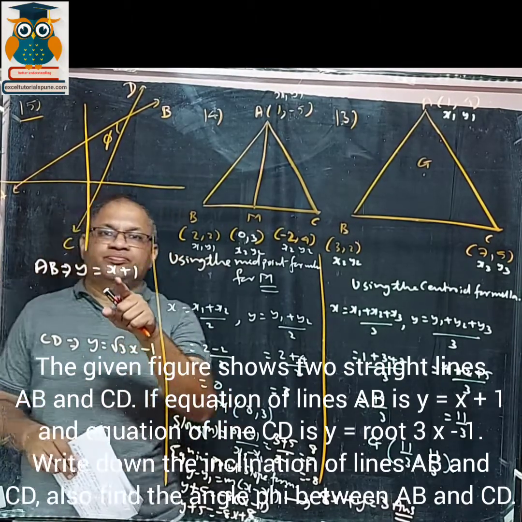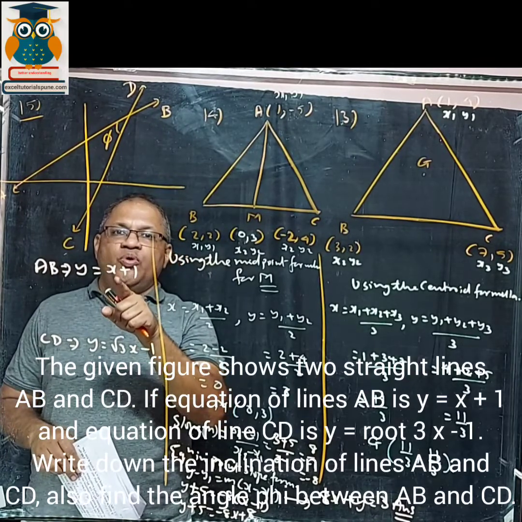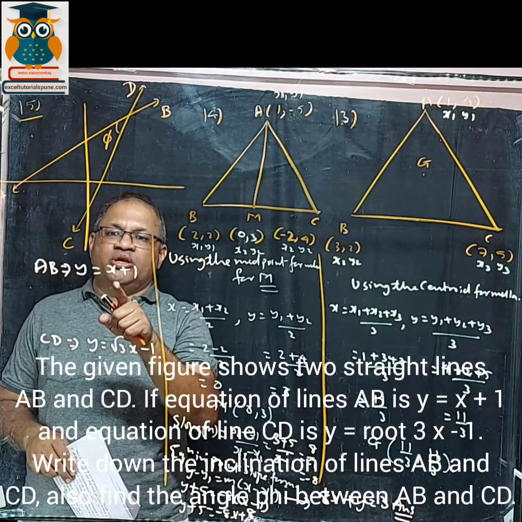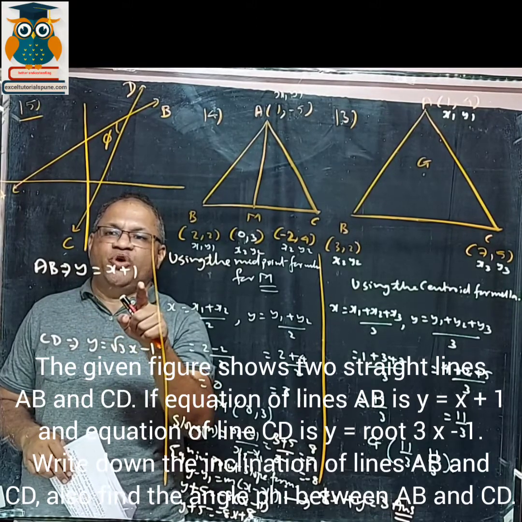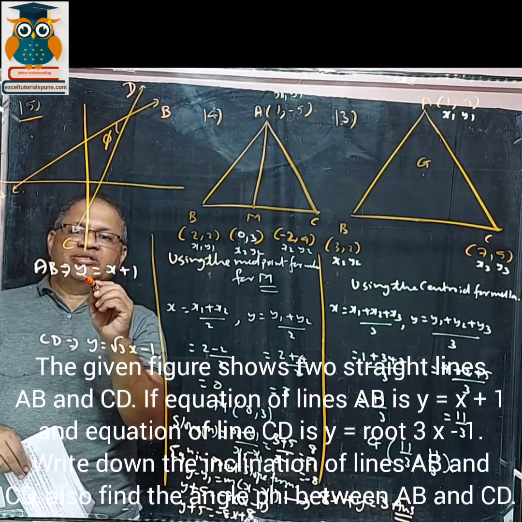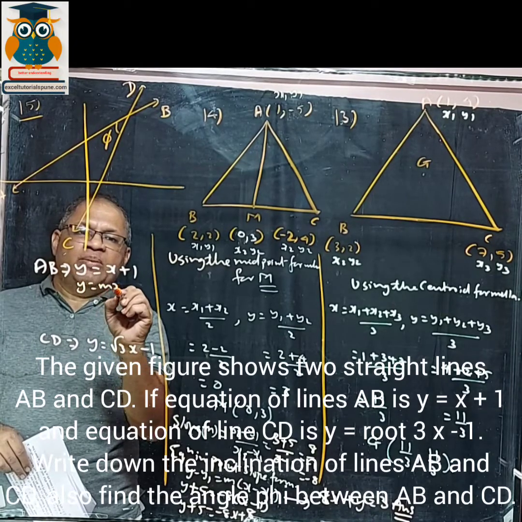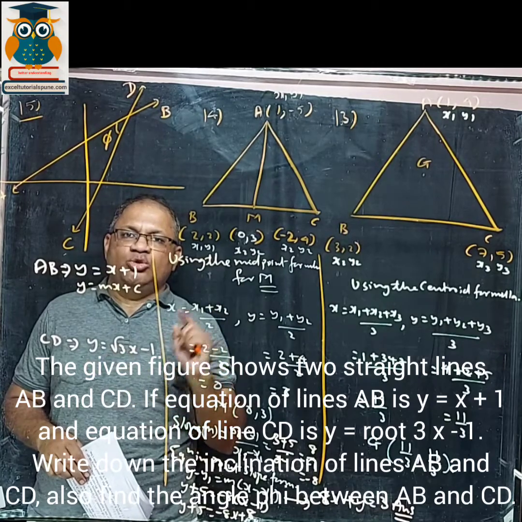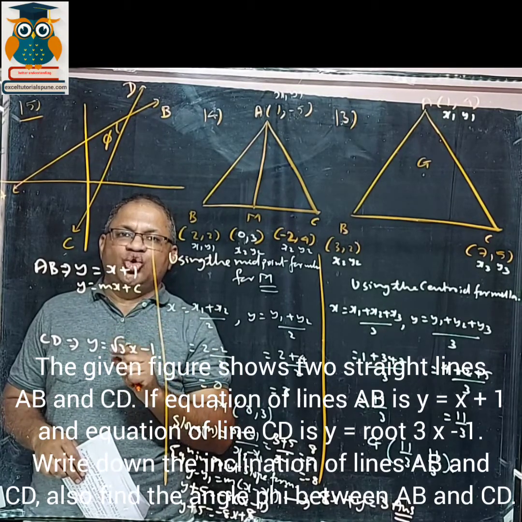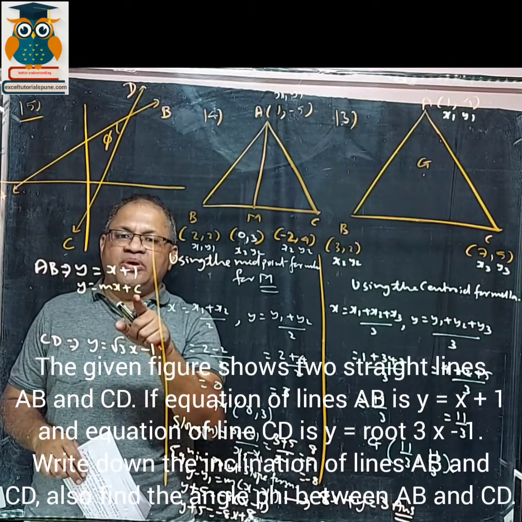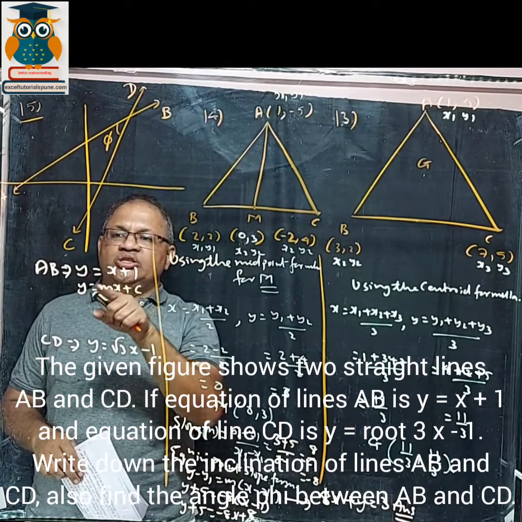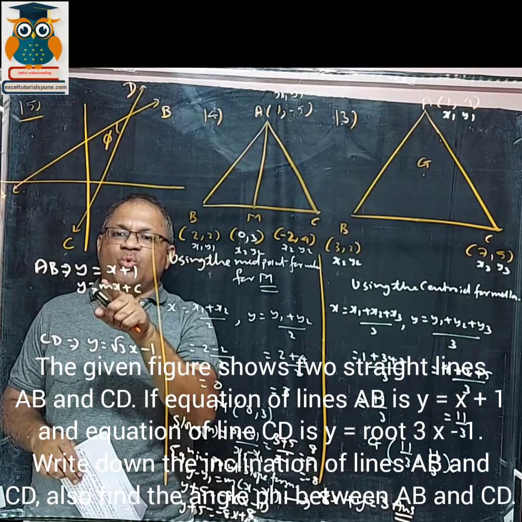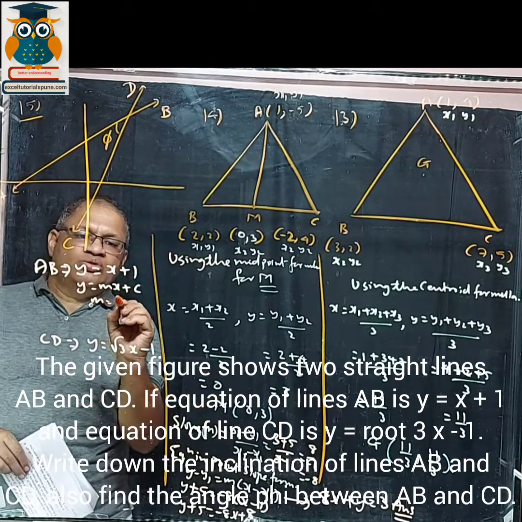So this is slope intercept form, sorry, the equation is in slope intercept form. What is the formula for slope intercept form? Y is equal to mx plus c. You know that slope intercept form? Just go to the formula list, so you will get the slope intercept form. Y is equal to mx plus c. Compare it. So what is the slope? See, in front of x whatever is there, that is your m. So m is 1.